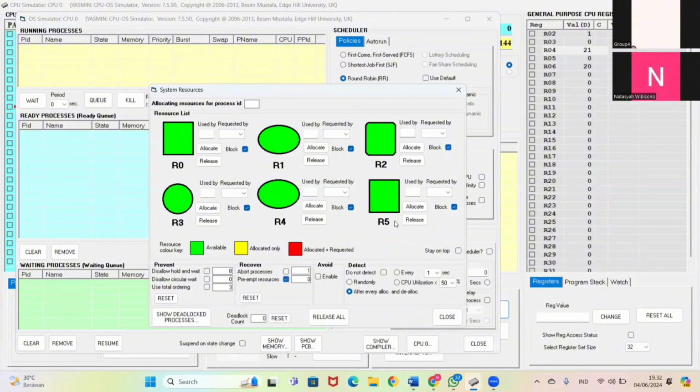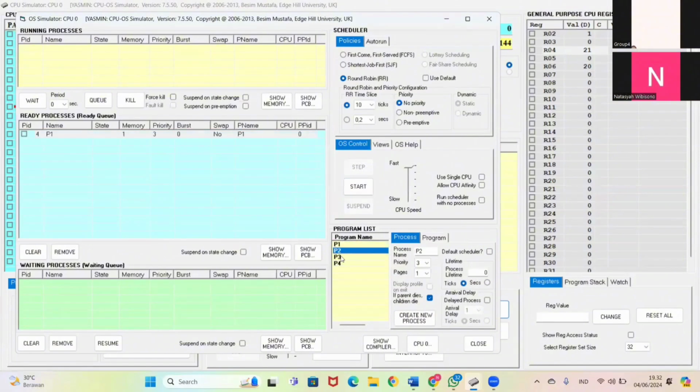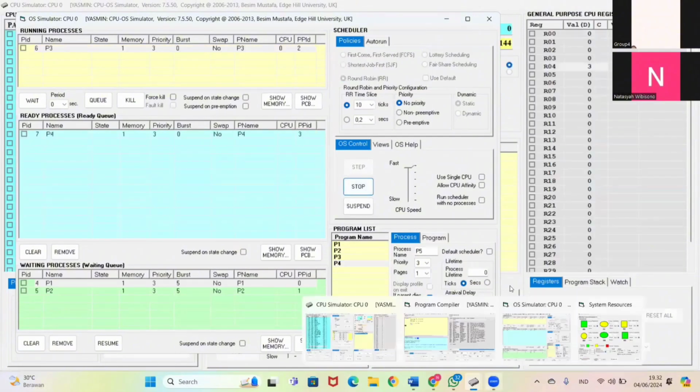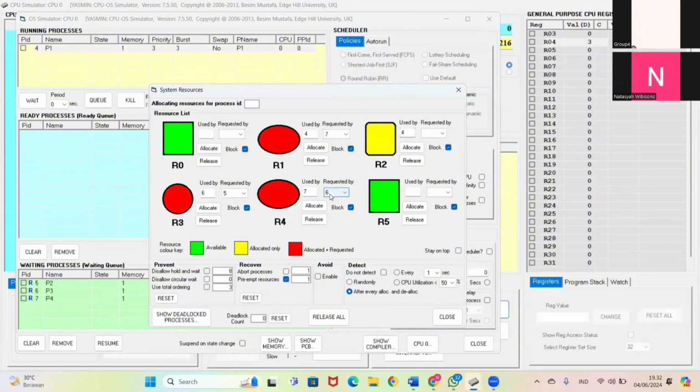We try to directly enter the program list. Then if we click start, the deadlock is visible. Here we have successfully overcome the deadlock using the abort process method.